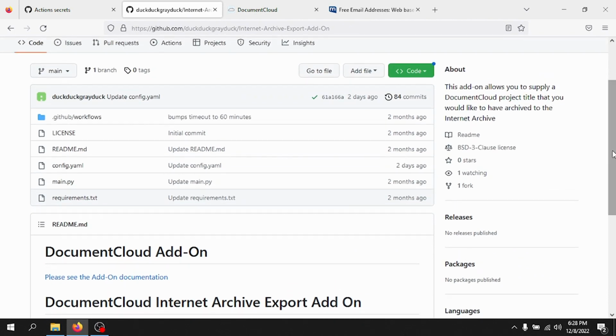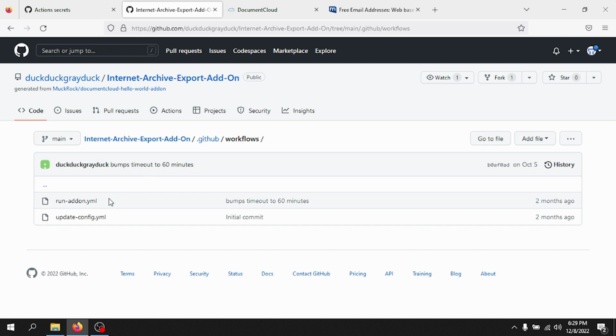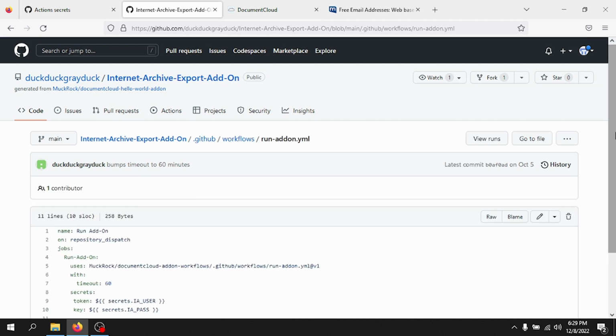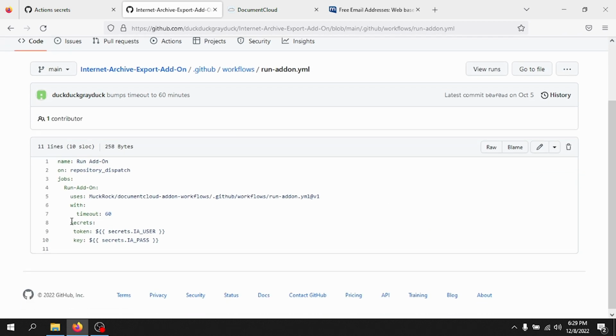In this DocumentCloud Add-On app, the Internet Archive Export add-on, we click on Workflows, and then run-addon YAML. This is how you declare a secret within the workflow file. DocumentCloud Add-ons have 2 inheritable secrets, token and key. You can use one, both, or neither. In this case, I used both. One for the username for the Internet Archive, and one for the password. From there, once we've declared it using these braces,